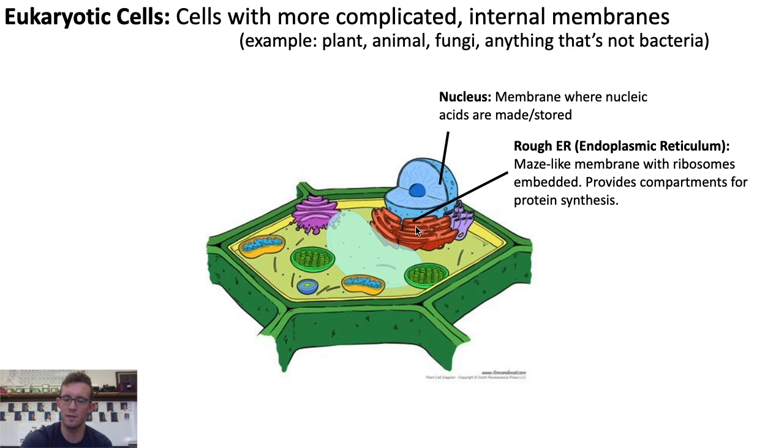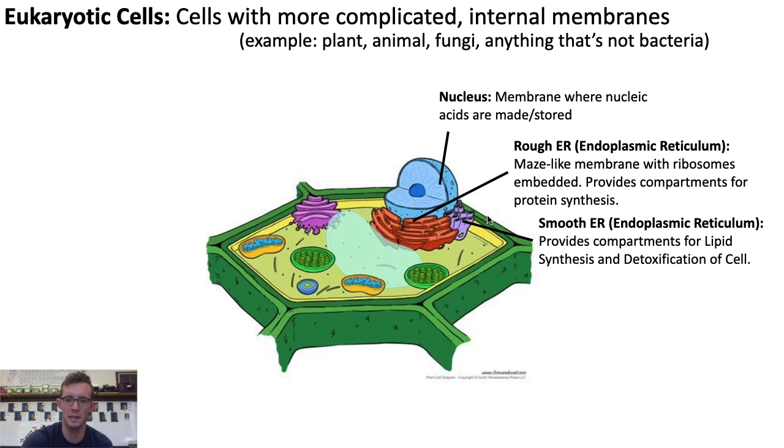So they have rough ER, which is this labyrinth-like, maze-like membrane with ribosomes inside of it, which provide these rooms and compartments for the building of proteins. And they'll have smooth endoplasmic reticulum, or smooth ER, which can provide the rooms and compartments for building lipids and